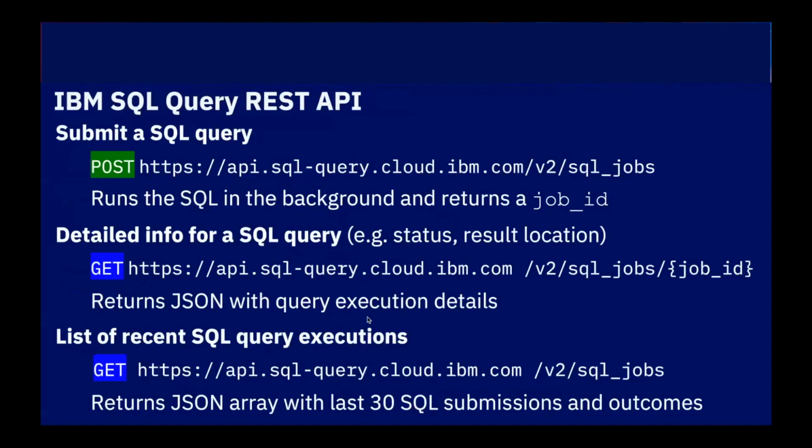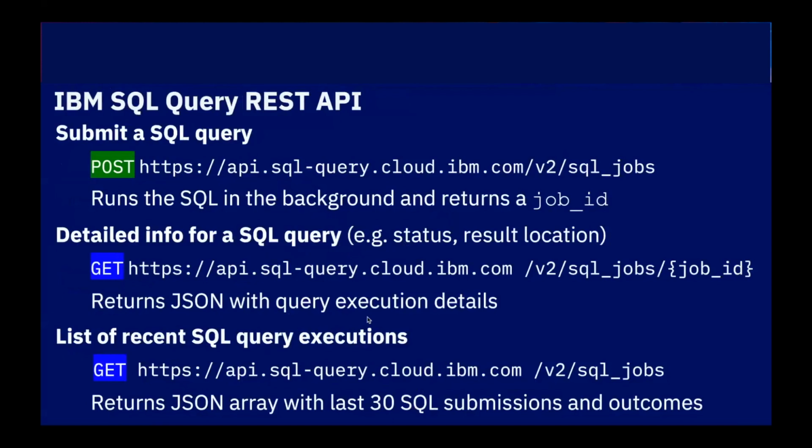Now, under the hood, as I told you, it's the REST API, so let's just take a brief look at how it looks. It's a pretty straightforward REST API with 3 major endpoints. So the post endpoint that you can see here is used if you want to submit a new SQL. And the return of this post call is basically a job ID